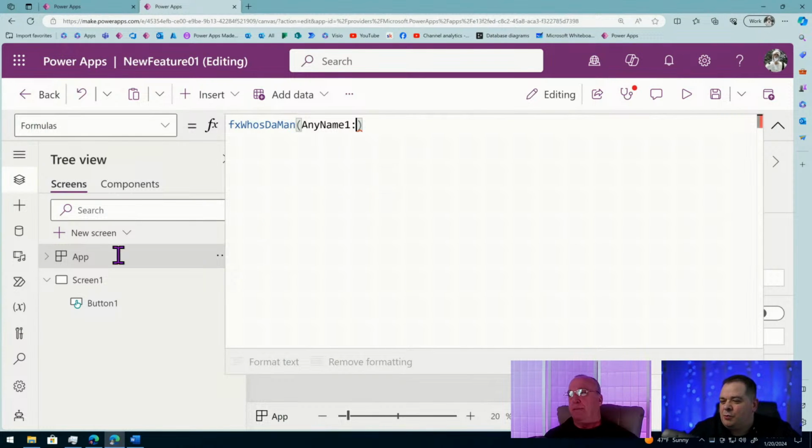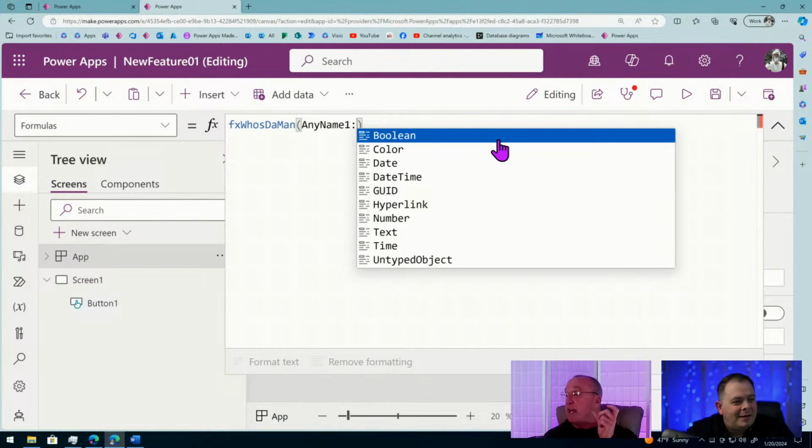Because we can't have two parameters with the same name. Those parameters essentially become like little variables inside of our function. They are absolutely variables; they actually get created at this point. Now, I don't think it's referential. I think they're value variables. So that just means it's going to create a copy of that variable that you bring into it, right?